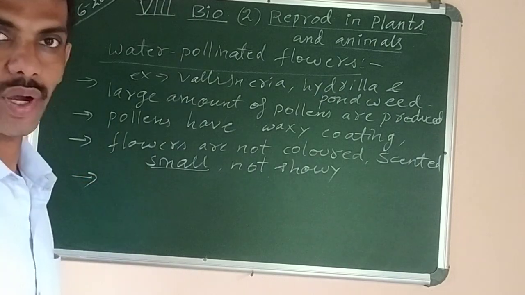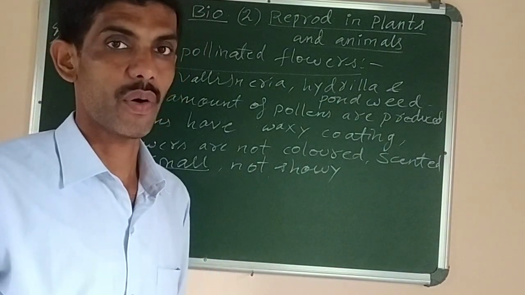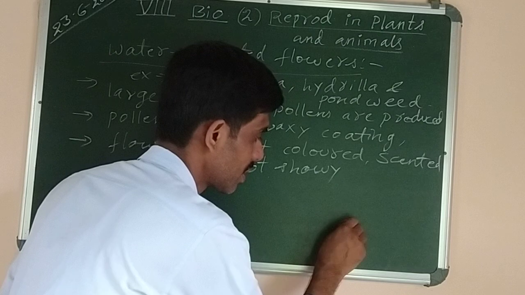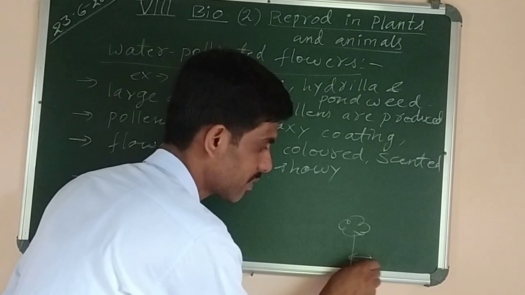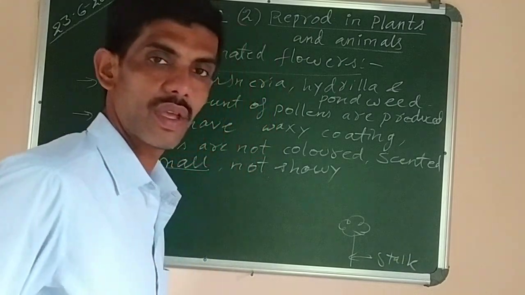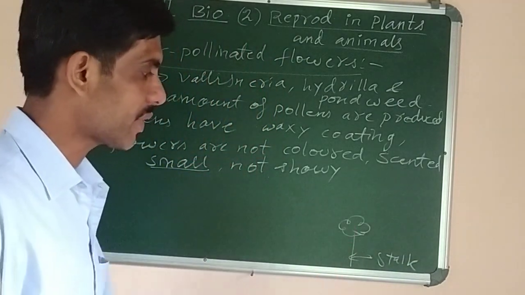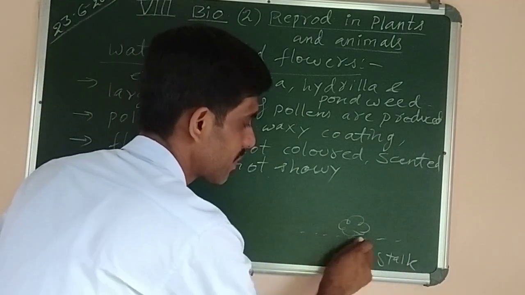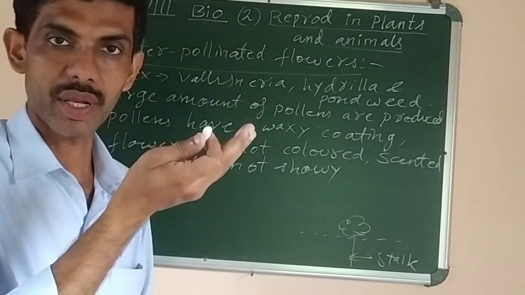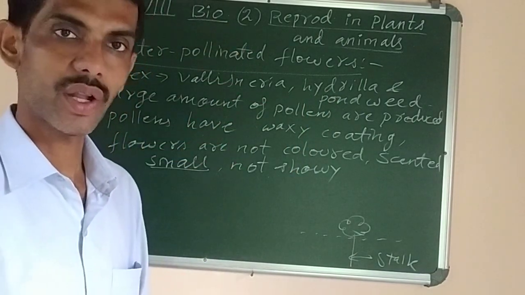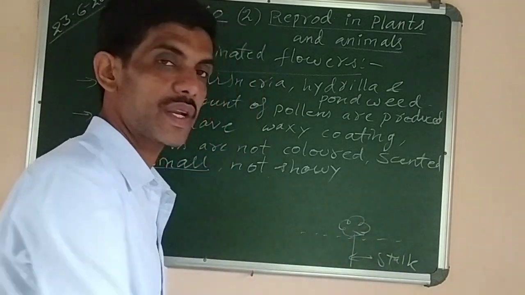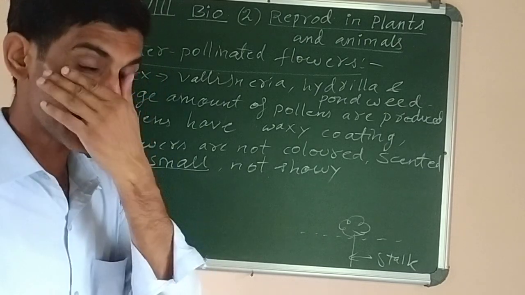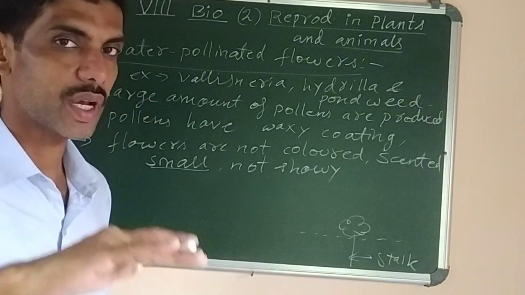And the last point, you can say that the stalks of the flower, like this is the flower on which the flower is produced. This is called the stalk. So this stalk of the flower is very long. Why? The stalks are long so that the male and female parts of the flower can be present on the surface of water. Like this is the surface, here the flower should be present above the water surface, so that they can release the pollen grains on the surface. Similarly, the stigma which is present in the flower, if the flower has a long stalk, the stigma can also remain on the surface of water to receive the pollen grains which are floating in water.